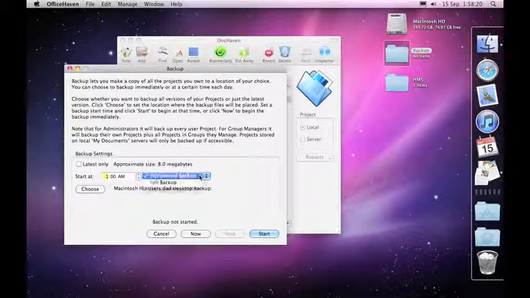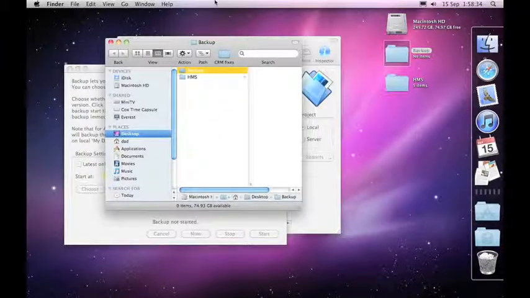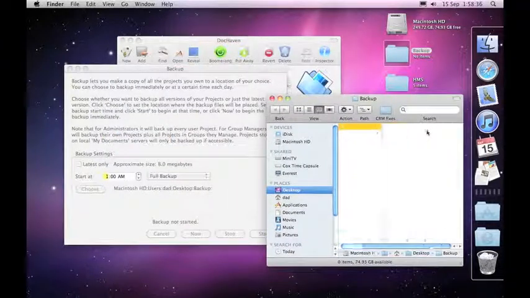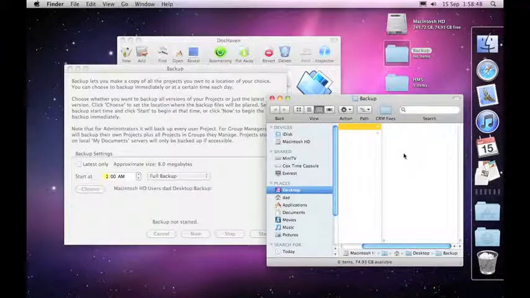If instead you want to keep a continuous window of backups, what you can do is go full backup here. Now what that's going to do is, in your backup folder, instead of putting all the files into the one location here, it's actually going to create a new folder every night with the date and time appended to it,